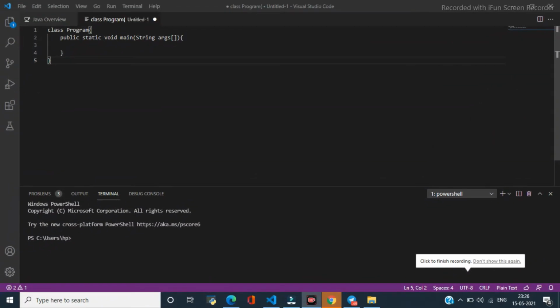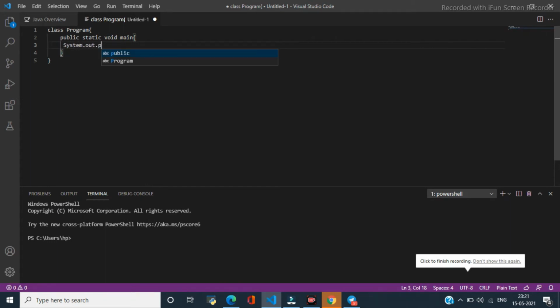So now let us come back to our editor and resume our coding. Knowing the meaning of all these keywords was important to get started with Java programming. Our next line of the code will be System.out.println, which will print our desired output on the screen. As in this program, we are going to print Hello World.